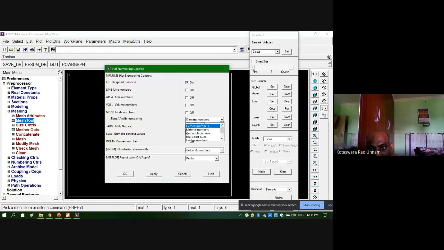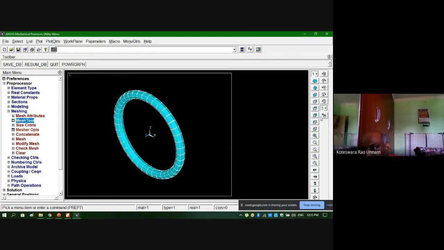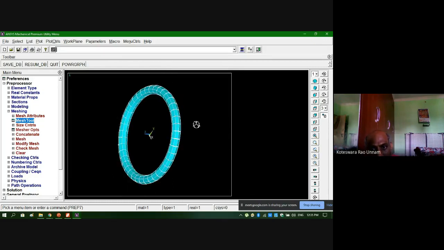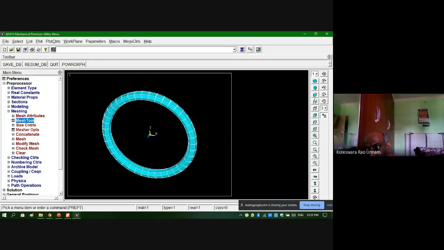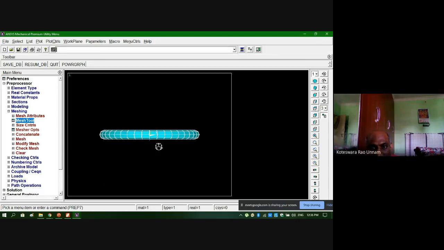Only for visualization purposes, I'll show it here. See, now I'll go for dynamic mode. Now you have a circular cross section. You can see any view, oblique view or front view or top view, whatever you want. You can see the circular cross section also.